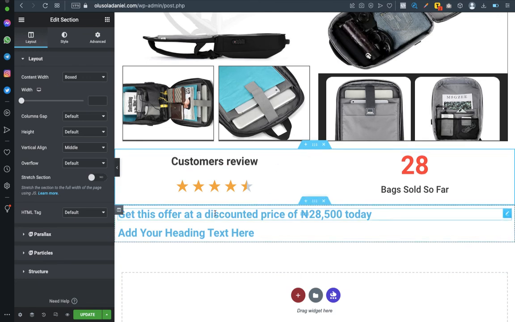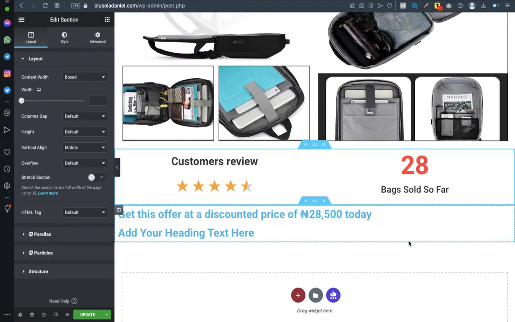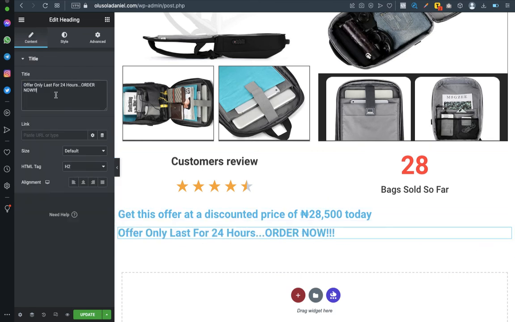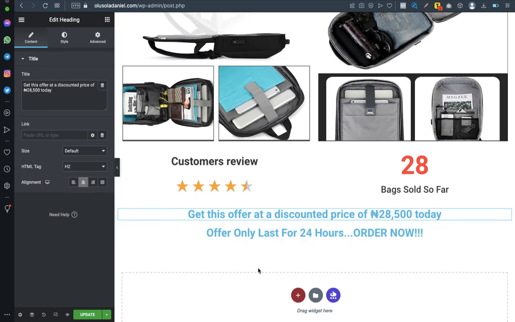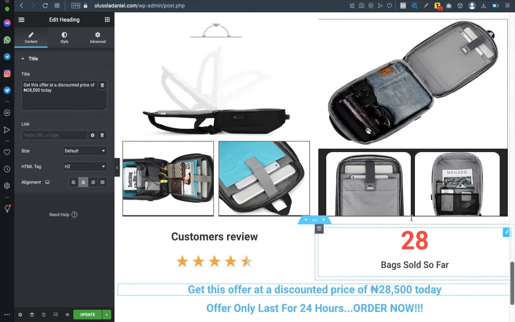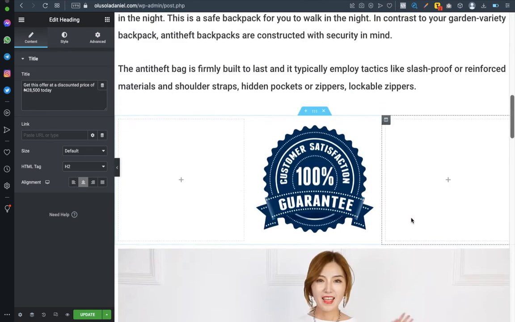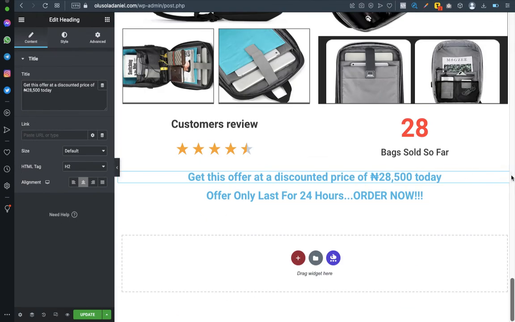So that's just it, guys. So here, let me copy. Offer only lasts for 24 hours. Copy, then paste. So let's align to the middle. Align to the middle this way. Then we edit the text. Let's edit the text. What is our usual text that we use? Our normal usual text. Let me edit it from scratch. So we can say